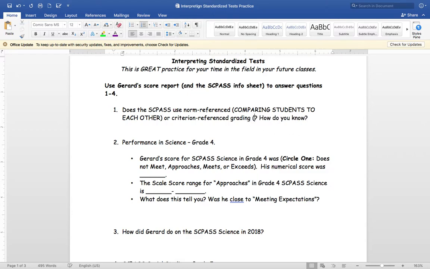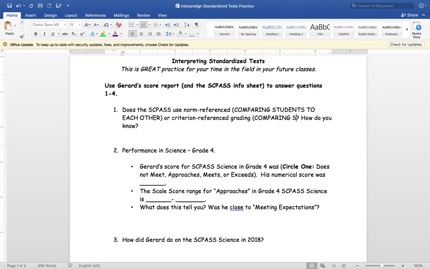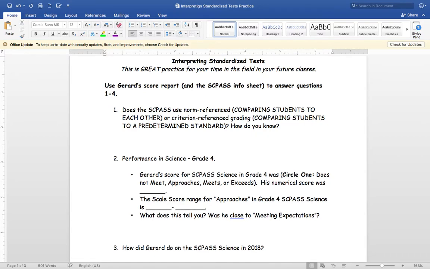Criterion referenced is comparing students to a predetermined standard, right? Now, the fact that South Carolina PASS is aligned to the South Carolina Science and Social Studies standards tells me pretty quickly this is criterion referenced grading, right? So my predetermined standard in this case